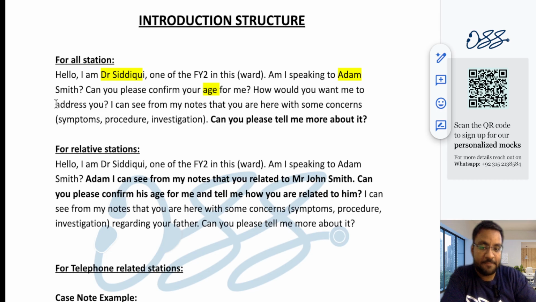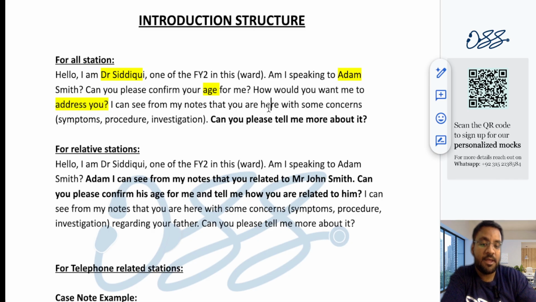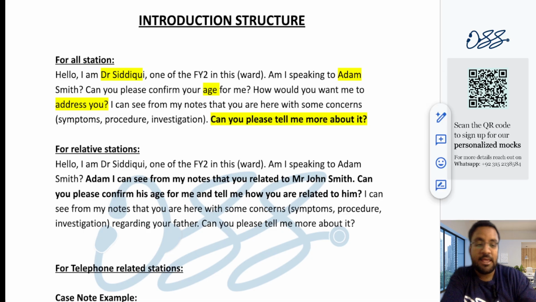After doing that, what you need to do is very important, and it is called the art of asking an open-ended question, the one that is being highlighted right now. It begins with, "I can see from my notes that you're here with some concerns," or "I can see from my notes that you want to learn about endoscopy," or "you're here with some abdominal pain." And instead of directly jumping onto the history taking,